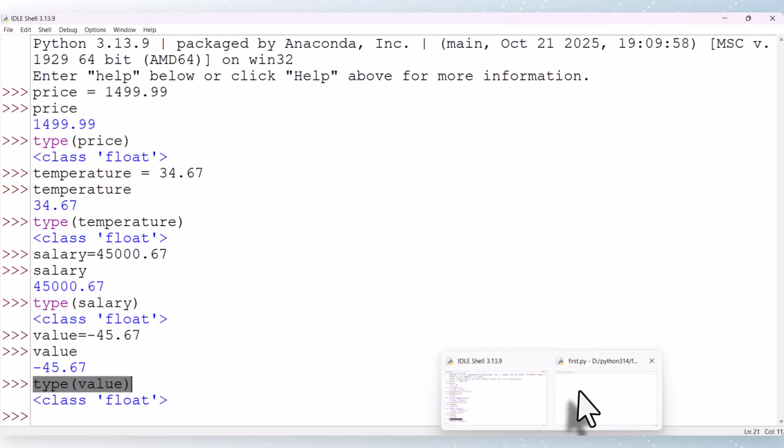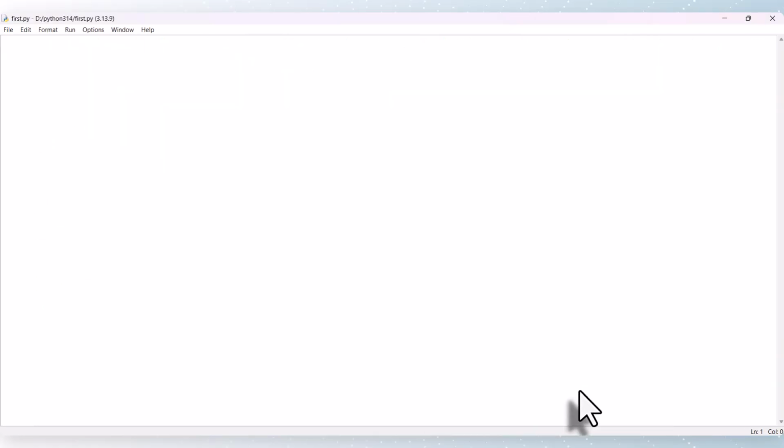Let us take a few examples here. I am going to calculate the total bill. Price equal to 799.50,